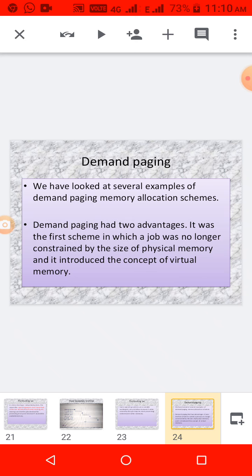And then in the case of demand paging, we have two advantages. One is that we use additional secondary memory, which gives the concept of virtual memory. Whenever needed, the working set needed is brought into main memory, so we need not worry about the size of the memory.